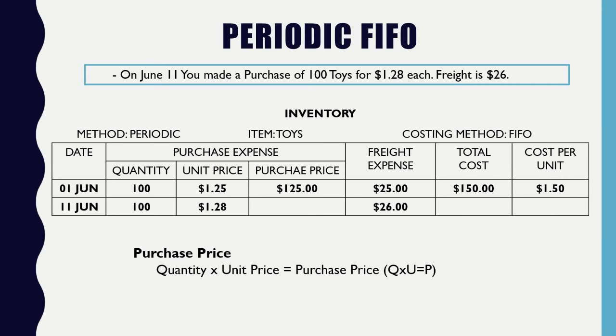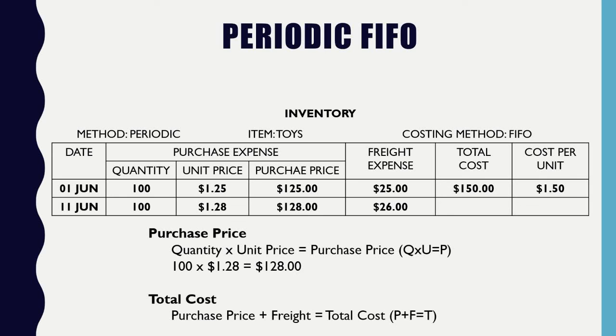So once again, I've just increased my purchases on June 11th. I put in another 100, I put in the $1.28, and I put in $26 for freight. I'm going to rinse and repeat the same steps that I just did. So I need to solve for my purchase price once again. Purchase price is quantity times unit price. So 100 times $1.28 is going to give me $128. Okay. Total cost is purchase price plus freight. It's going to give me